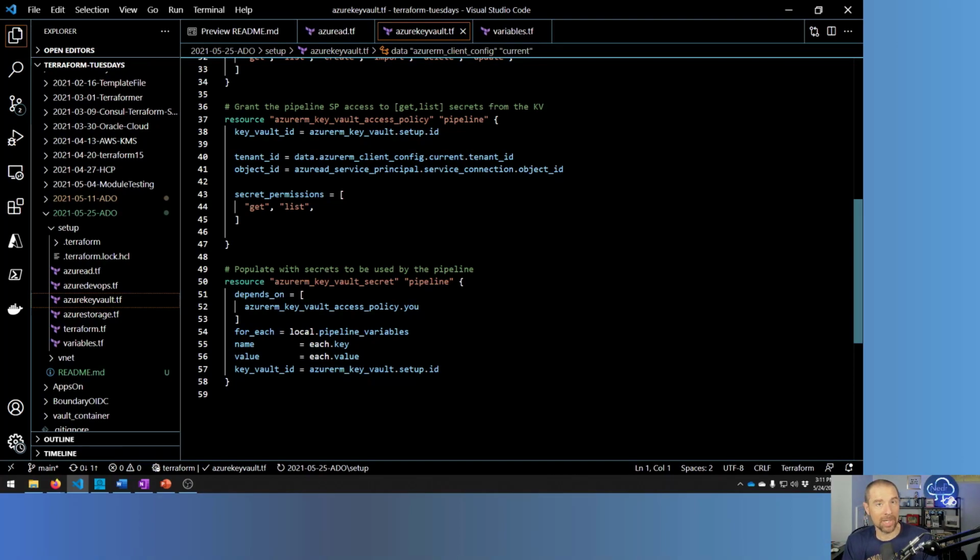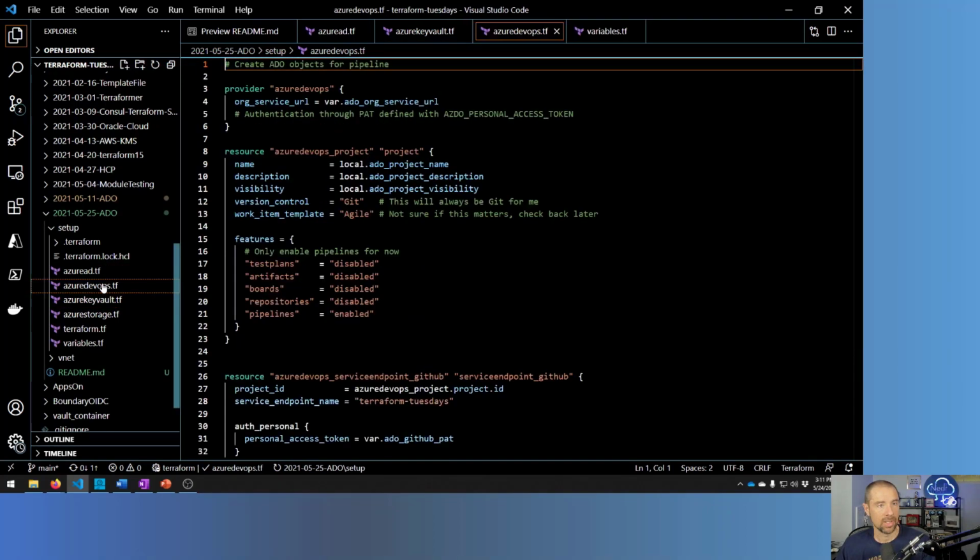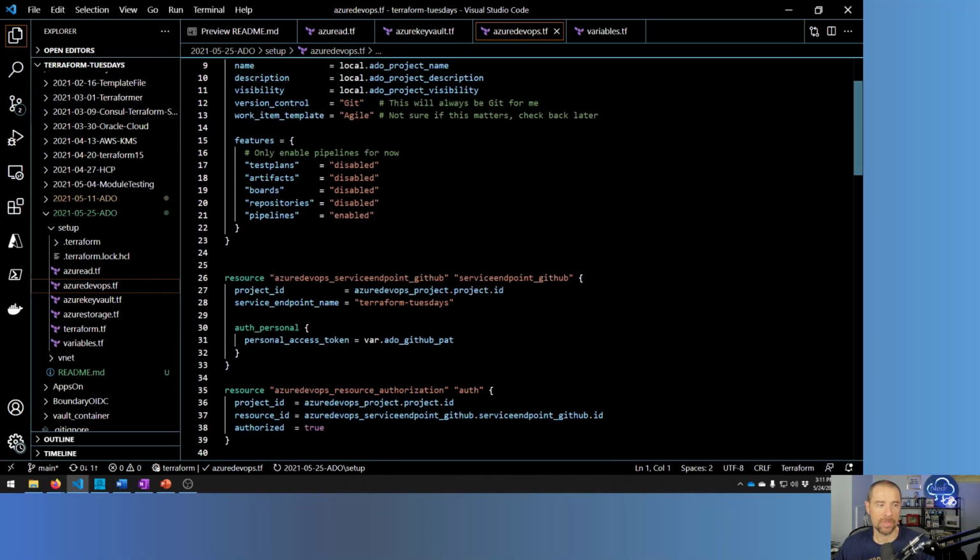So that's the key vault. That's everything that's happening in there. It's going to create the key vault and grant permissions and create all those secrets. So that's what's being done there. Now we have to go into Azure DevOps and see what needs to be created there to access this key vault. All right, so in Azure DevOps, most of this stays the same from the previous project,